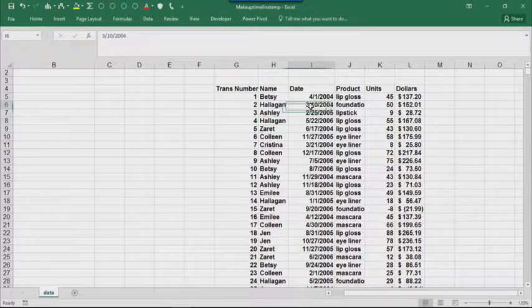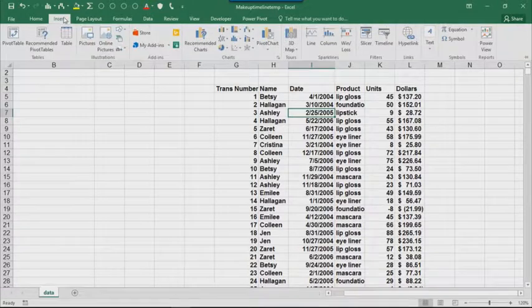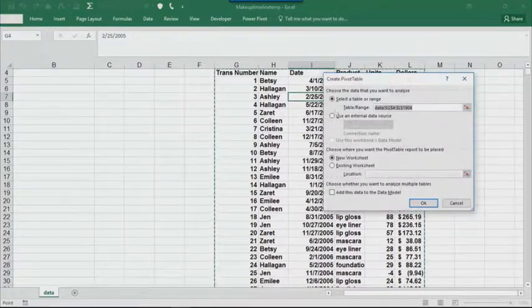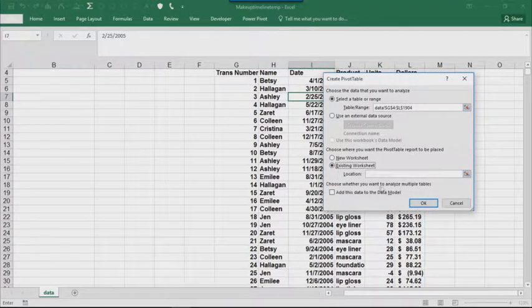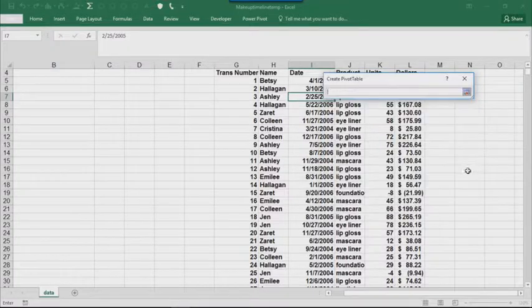And notice there's a date field here. You need an actual column with actual dates here. So these are real dates. That's very important for a timeline. But if I do a pivot table, insert pivot table with my cursor in the data, I can throw this on the right. That's the upper left-hand corner. Okay, now I can do